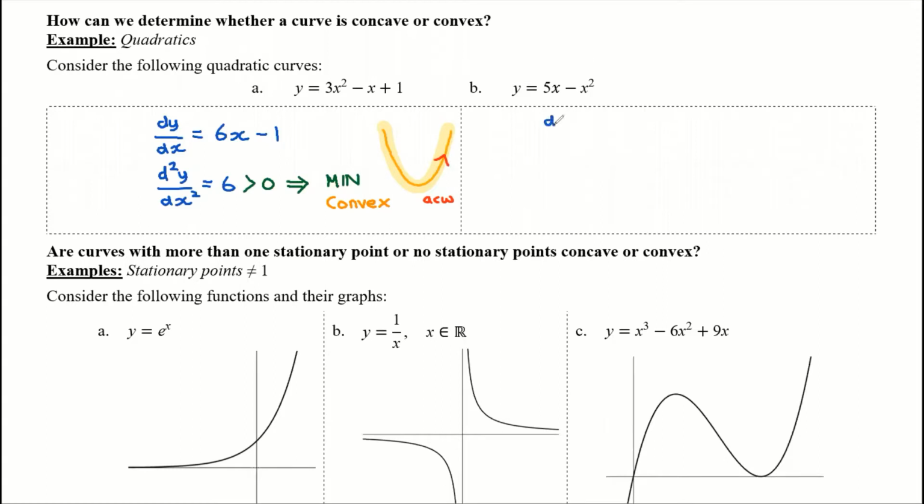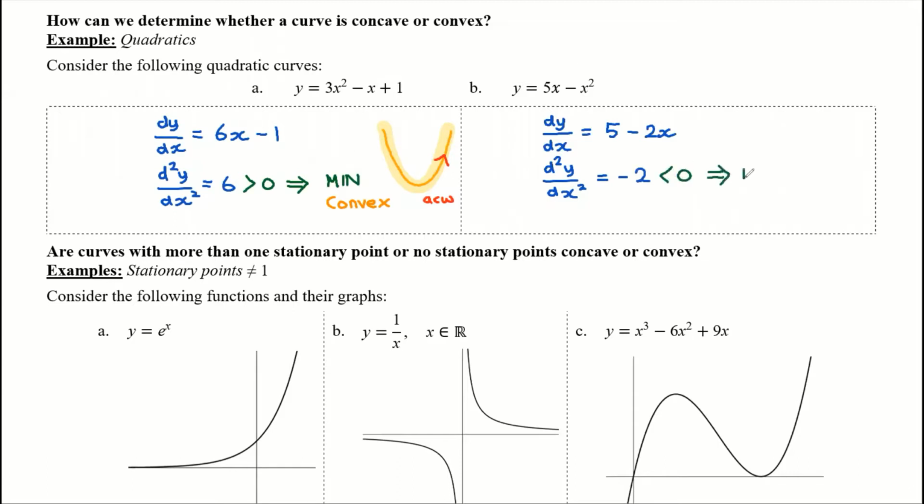So dy by dx. Okay, and you can see what's coming, I think. So we've got 5 subtract 2x, like that. Then we take the second derivative, d2y by dx squared. So all this is doing is basically telling you, yes, once you've got the second derivative, you can determine the nature of your stationary points, but we can also now say whether a curve is concave or convex. So the second derivative is -2. Obviously, this is negative,